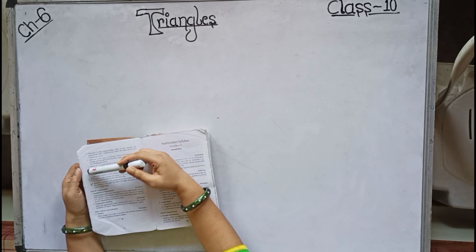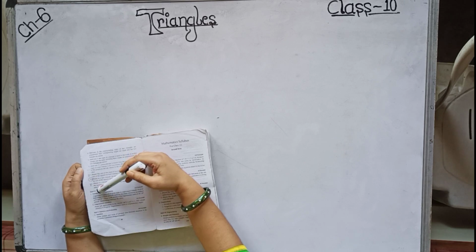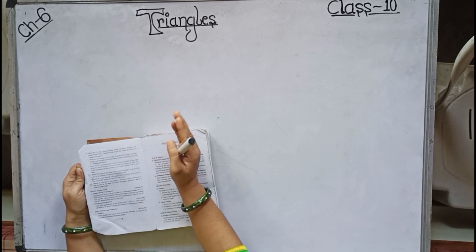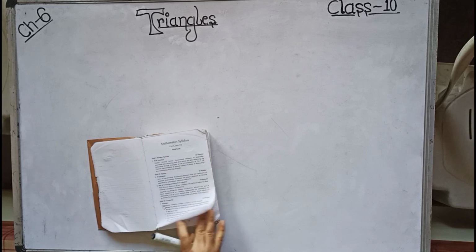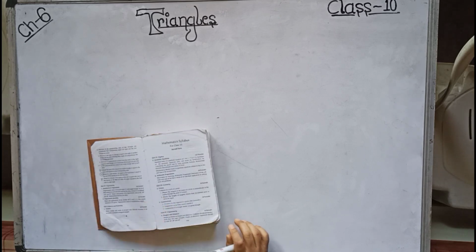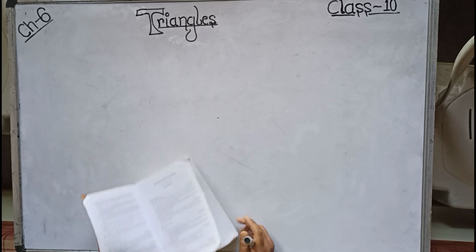So what you will do, you will make a cross for number 7 and number 9. Number 7 and number 9 are deleted in this time's syllabus of standard 10 mathematics. The rest all are there, so only the deleted portions are number 7 and number 9. Now let us move to the chapter triangles.